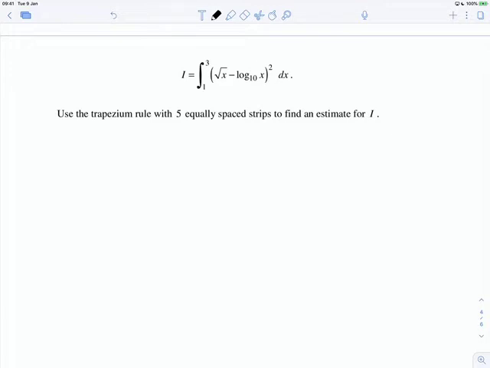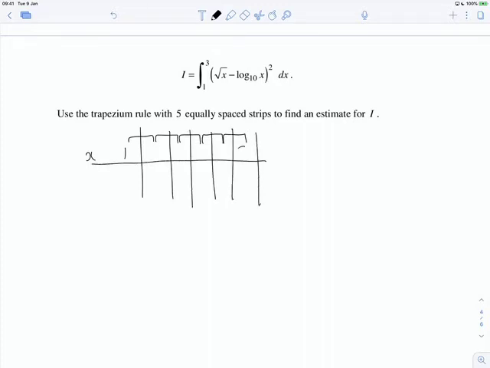Okay, well, let's think about it. If there's 5 equally spaced strips, that means, well, I don't have to draw what this is. It means it starts at 1, and there's going to be 1 strip, 2 strip, 3 strip, 4 strips, 5 strips. So really, if the last one is 3, what do the gaps go up in? Well, 1, 2, 3. Okay, so